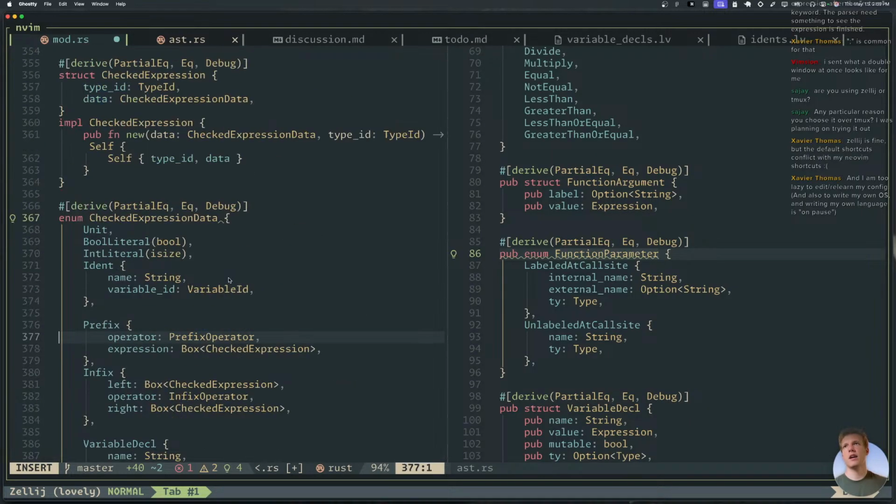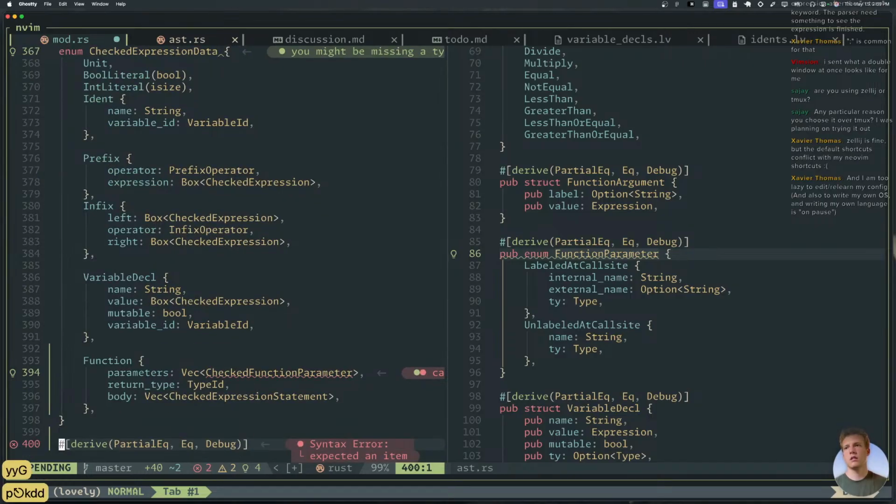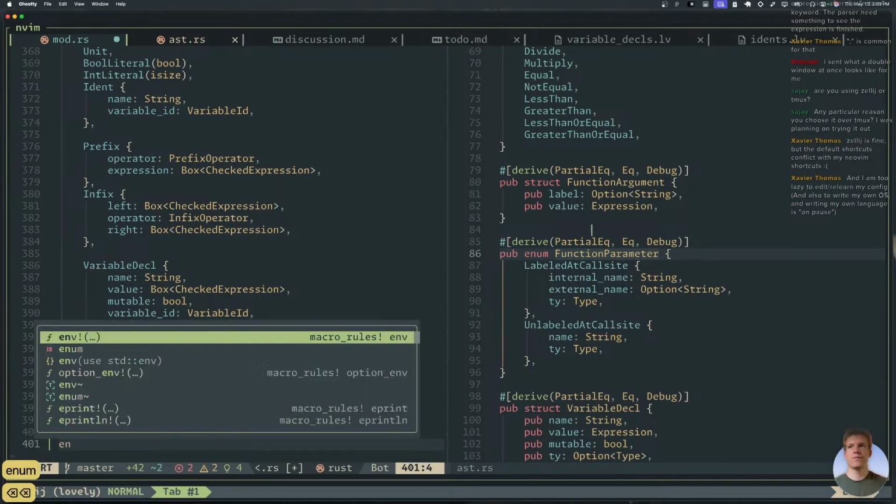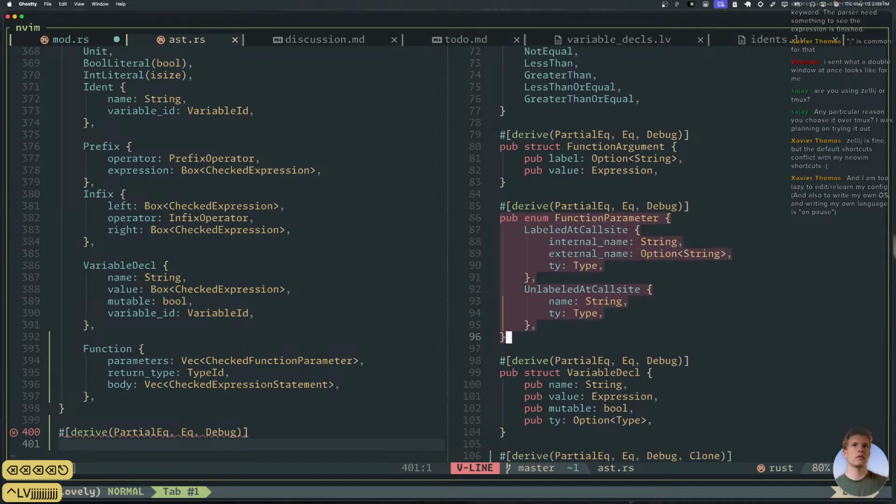So let's make these, we're gonna need these. Enum, it's an enum, right? That's basically gonna be very similar to this.